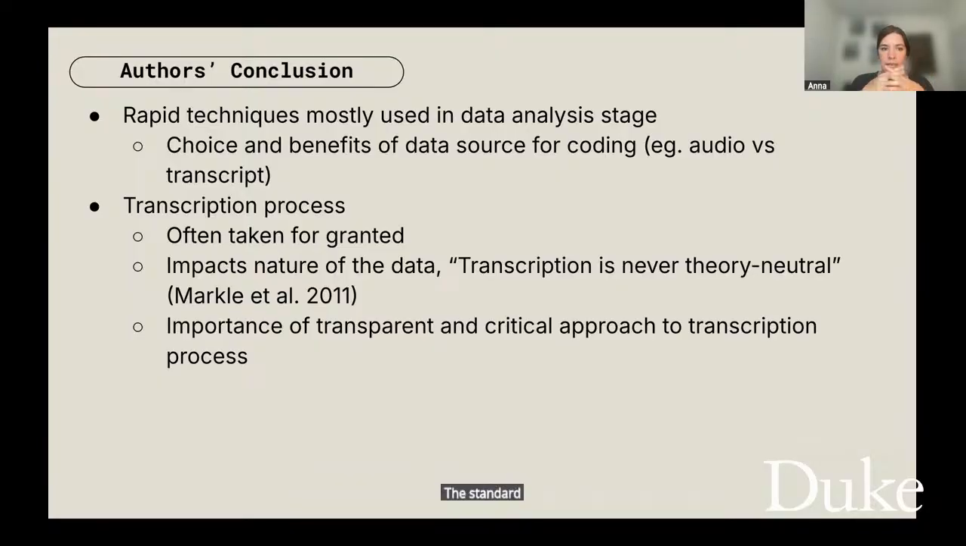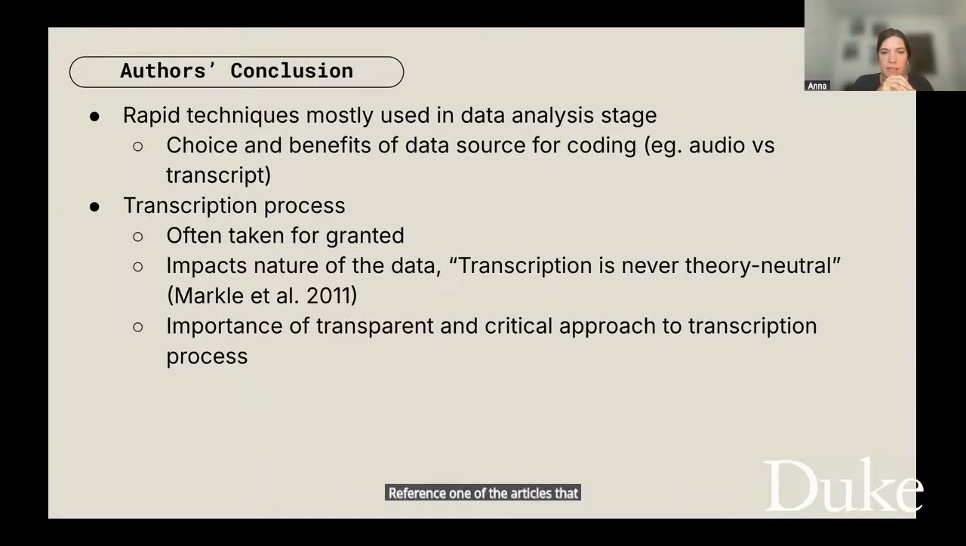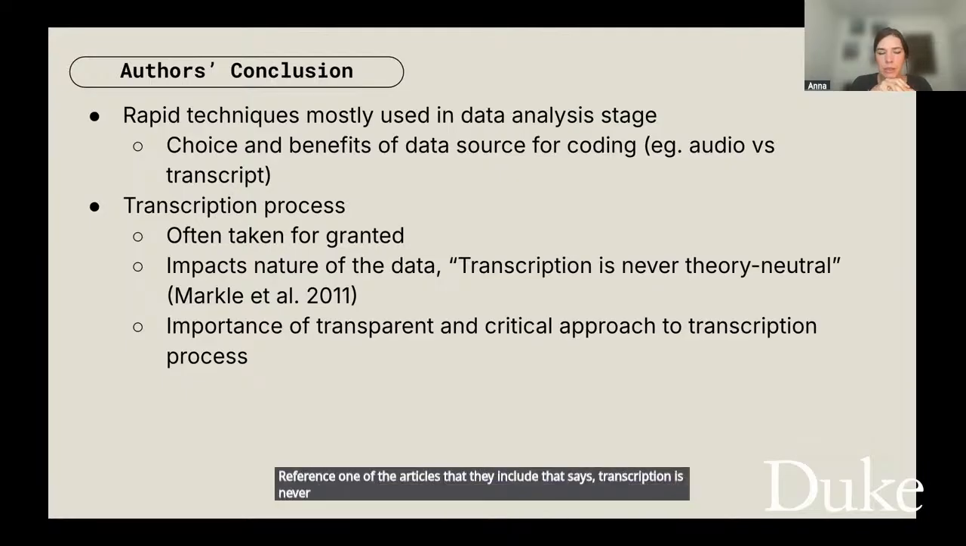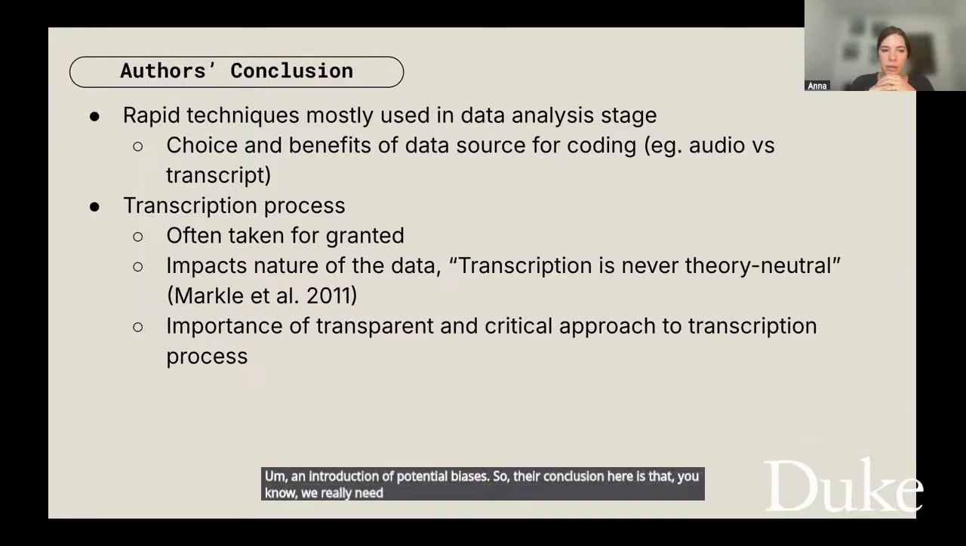You have an audio text and you transcribe it, and you do that first and then you kind of move along. But they also point out that that transcription process might impact the nature of the data. And they reference one of the articles that they include that says transcription is never theory neutral. So again, thinking about, is there an introduction of potential biases? So their conclusion here is that we really need to be careful and be very transparent and have a critical